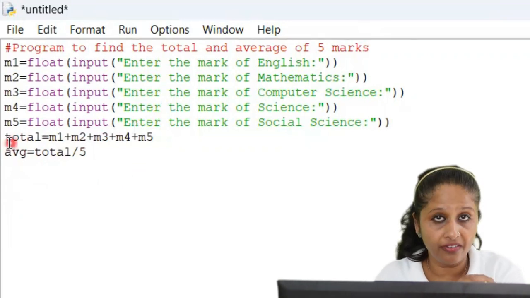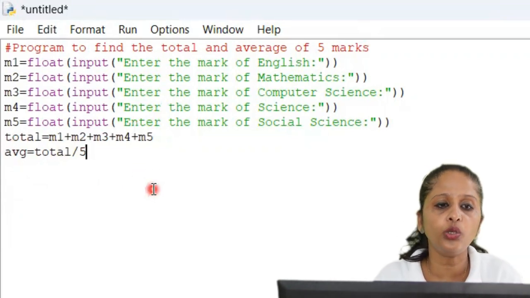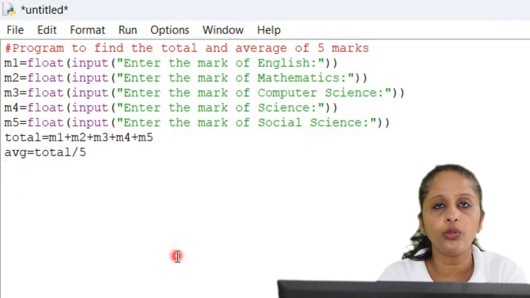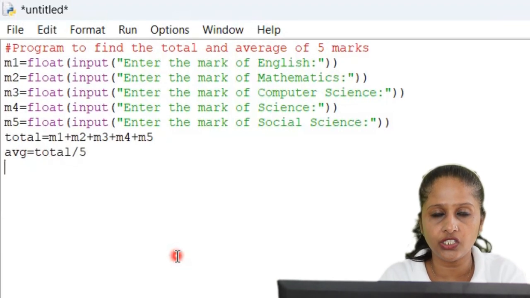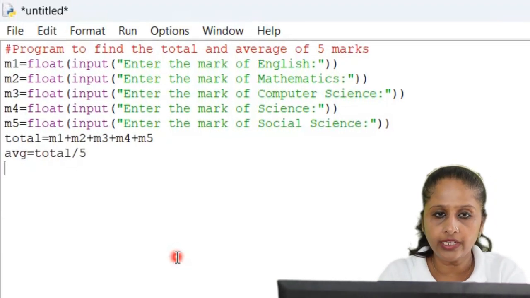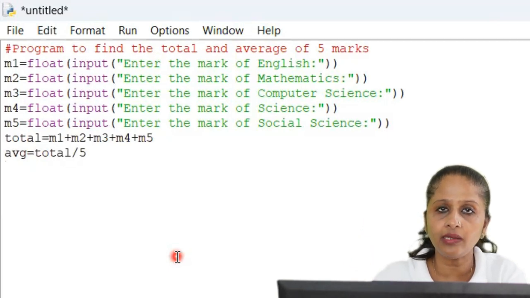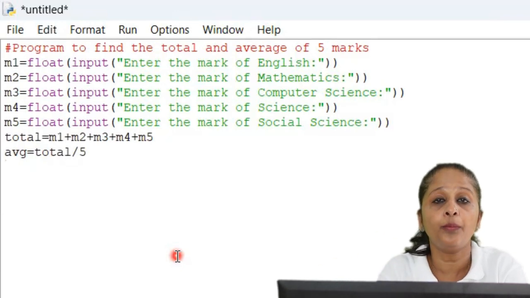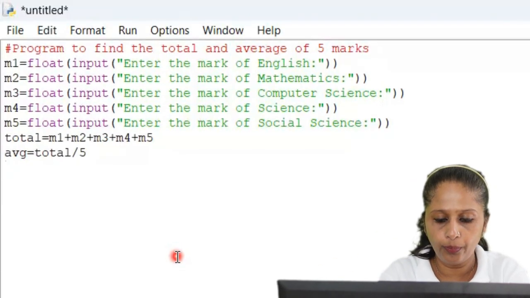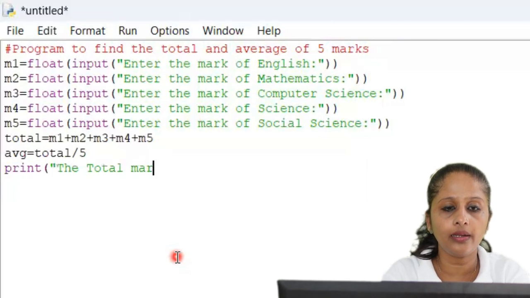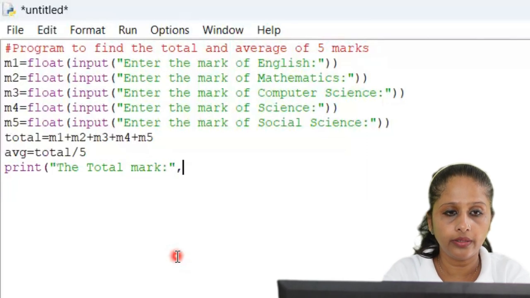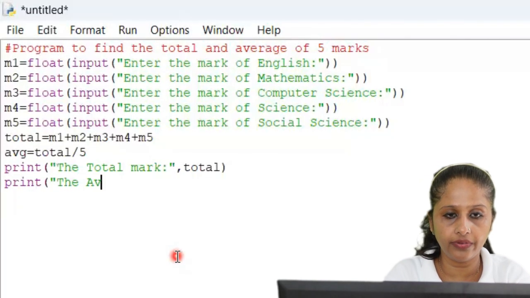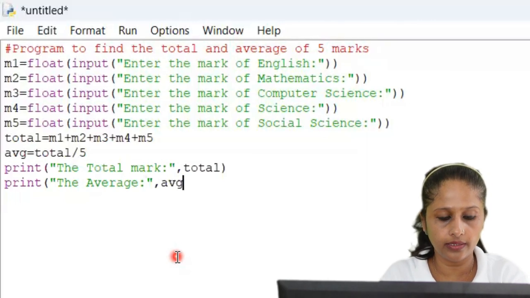So here we have to find out total separately. So use the variable total. So average is equal to total divided by 5. Then now you have to print the total and average. See, you can print the total and average, or you can print the subject names, its marks, then the total, then the average. As a report card, you can print it. So print the total mark, comma, total, then print the average, AVG is the variable, close it, press enter, save it,